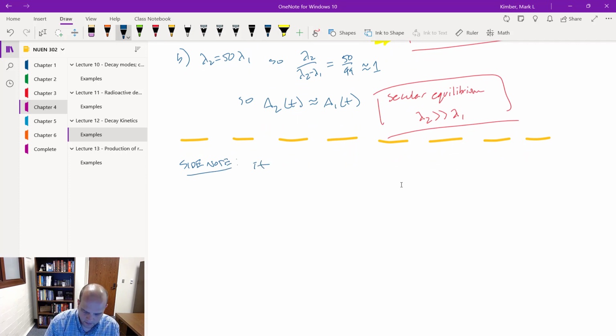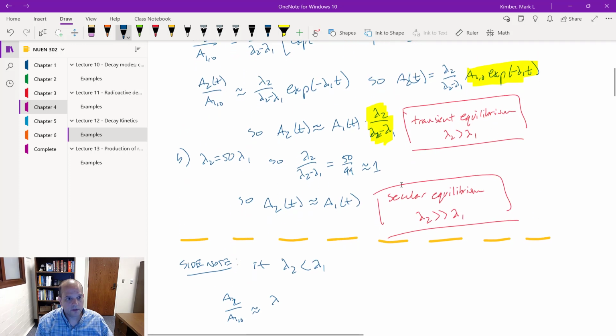So if lambda 2 is less than lambda 1, then my activity at 1 is going to be the same, but my activity at 2 is going to be approximately equal to, instead of lambda 2 or lambda 1 in the numerator,